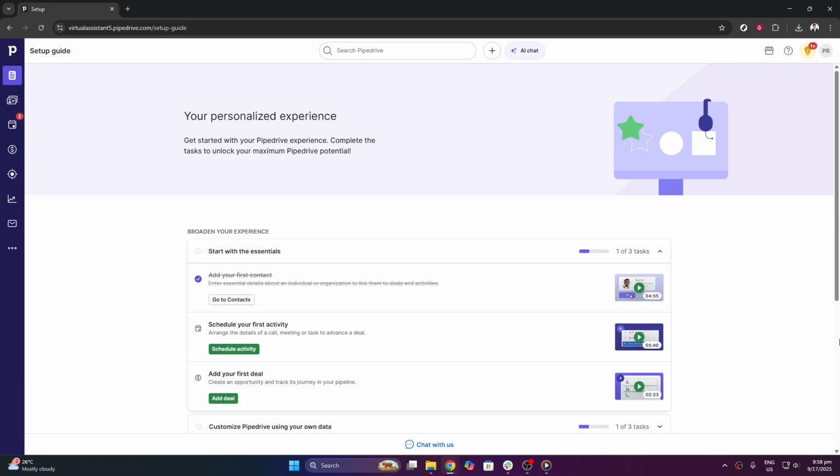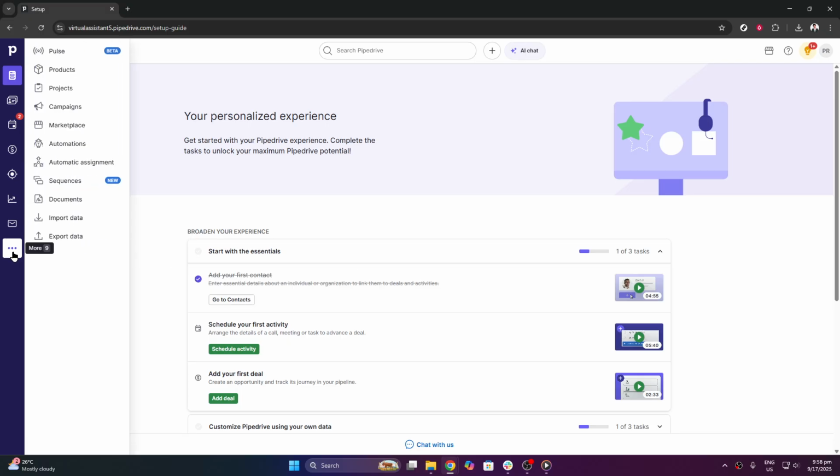If you're not already familiar with it, Pipedrive is an intuitive tool designed to streamline your sales processes, making your workflow smoother and more efficient. Once you're on the home page, the next step is to locate and click on Automations. Automations in Pipedrive are a fantastic way to reduce manual tasks, allowing you to focus your energy on more critical